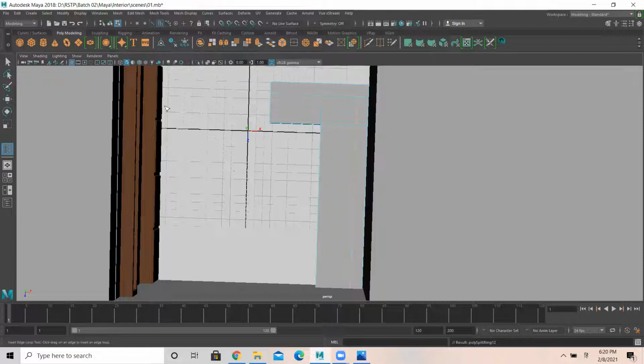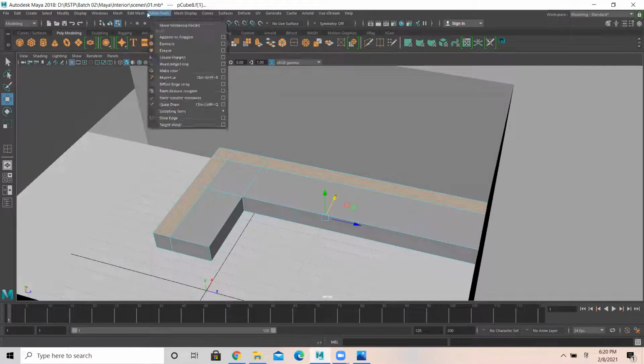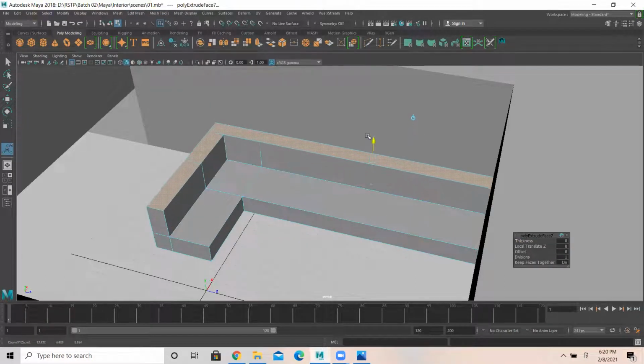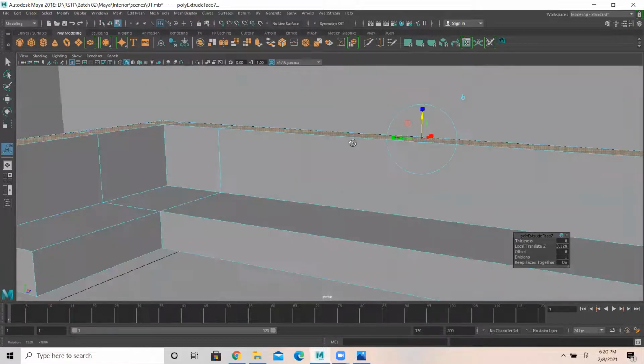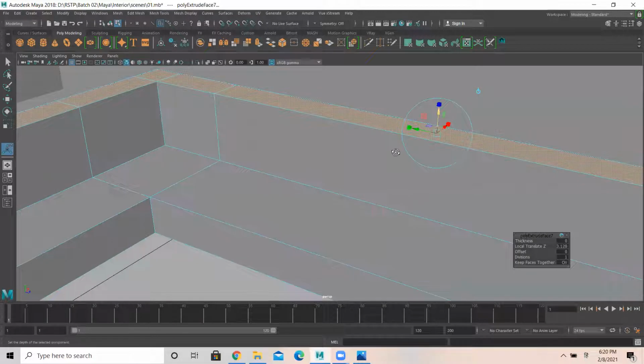So then what I'll do, go to face, select this, this and this. Finally, okay, select this, mesh tool, edit mesh, extrude. Then lift this up like this.